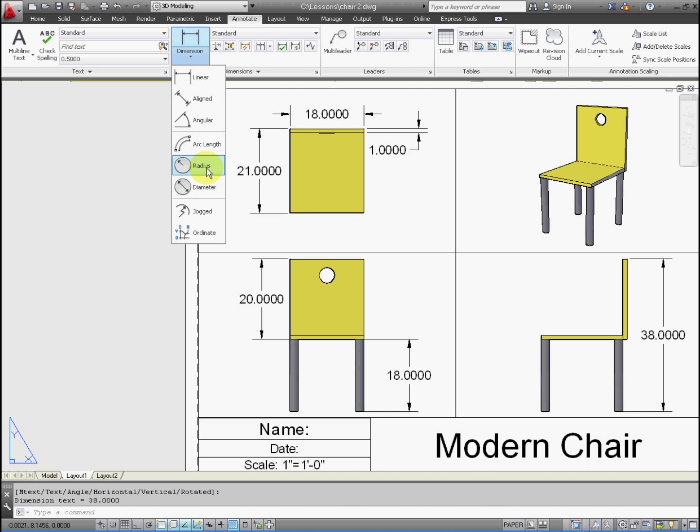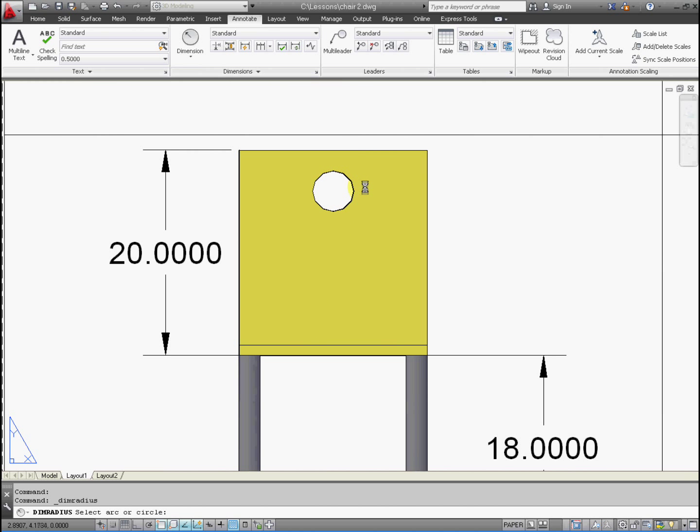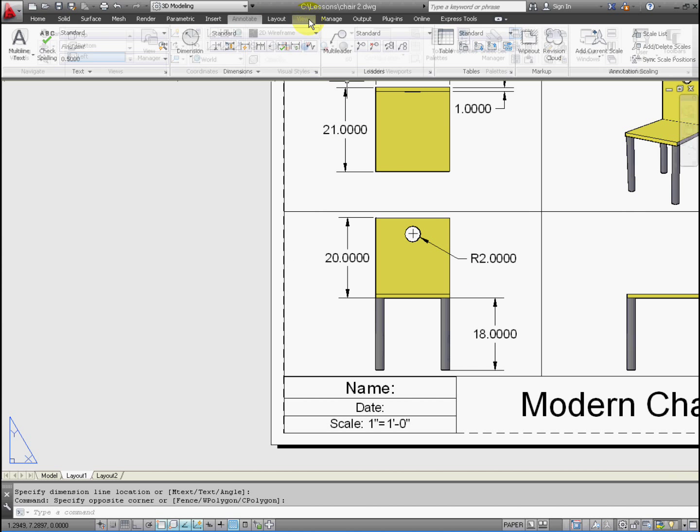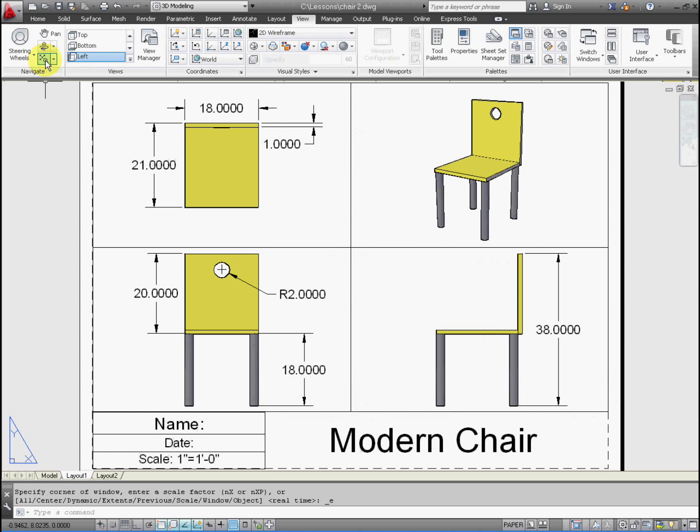Now let's go ahead and dimension the radius of this. So go ahead and click onto the cylinder, the circle, and then press enter, and you should see that it's 2 inches. Now we can also very easily change the dimensions here. So I went to the extents on the view, and I did extent, and that zoomed it